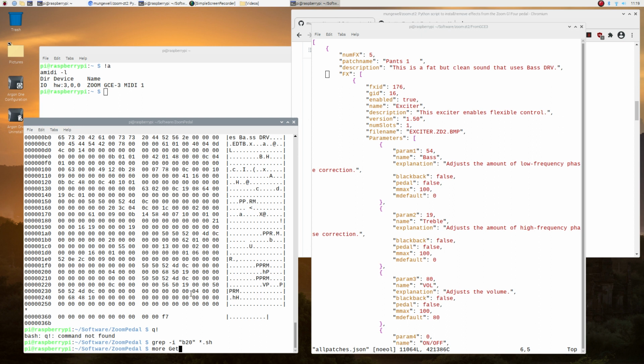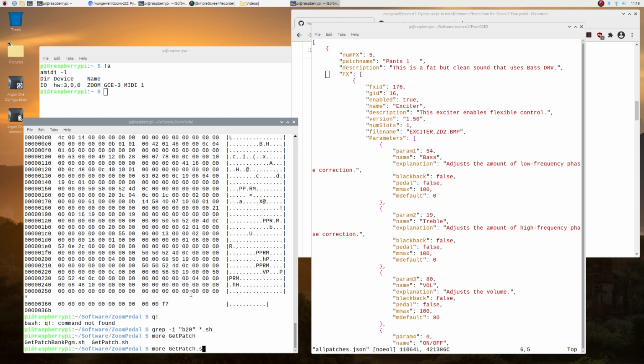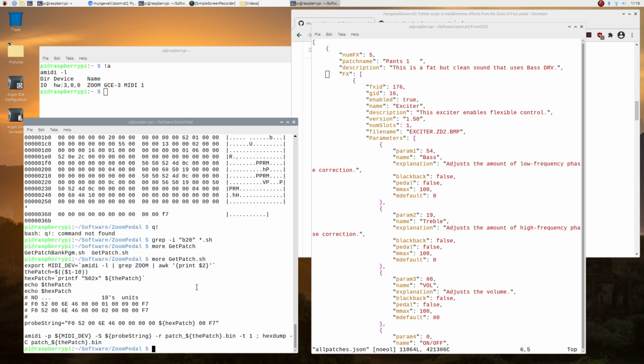Get patch dot shell. I think this takes a parameter there. So basically it takes $1 minus 1. So if we say to it get, and it's going to put it out into the patch. Hang on, sorry, I've got to read my own code.